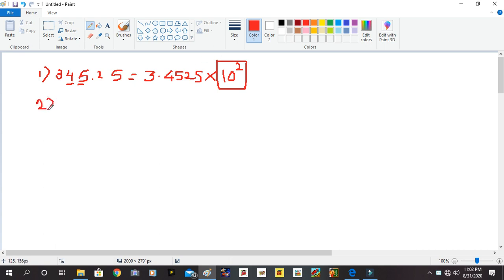Suppose I have the next example. Say it is 5, 5, 6, 2, 5. This is any number. Suppose this is the mass of some object in kilograms. Now, if I want to write this mass of the object in terms of the closest power of 10, then I shall consider the first digit. Here, the first digit is 5. When the first digit is 5 or greater than 5, you have to shift the decimal point before that. So, I will write